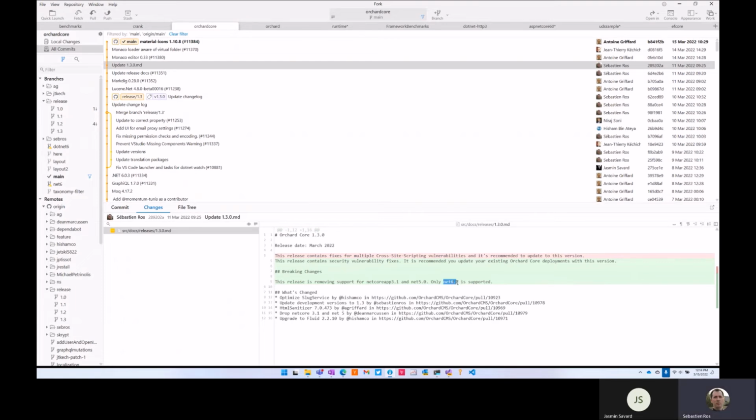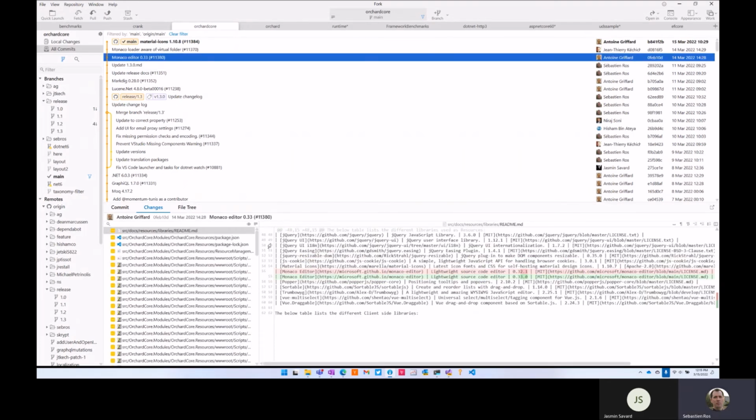This is an LTS. You can install it since November. September is just a preview. And migrating your apps from 5.0 should be like no code change. From 3.1, there might be some things to update, but if you don't have custom modules with features that were broken in 5 or 6, then you just have to recompile and change your target framework to target .NET 6.0. That should be